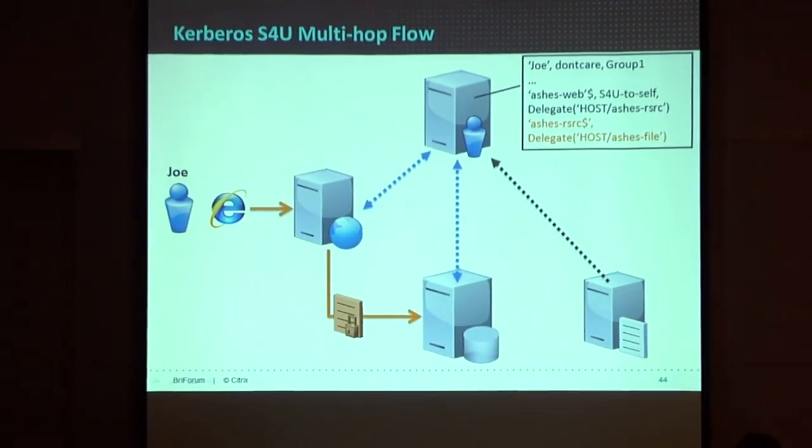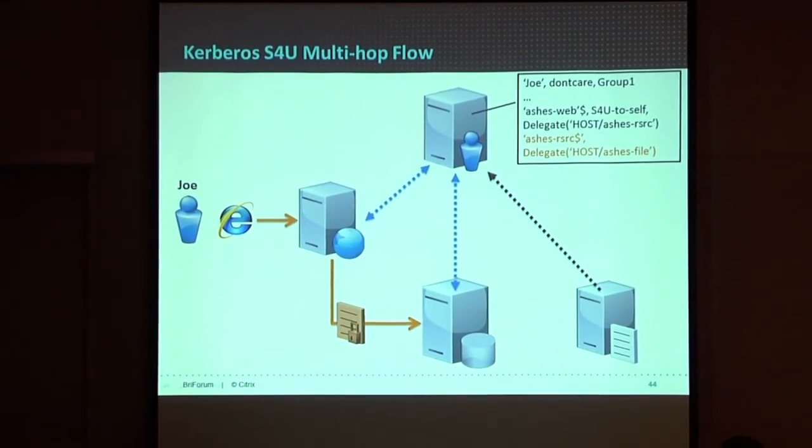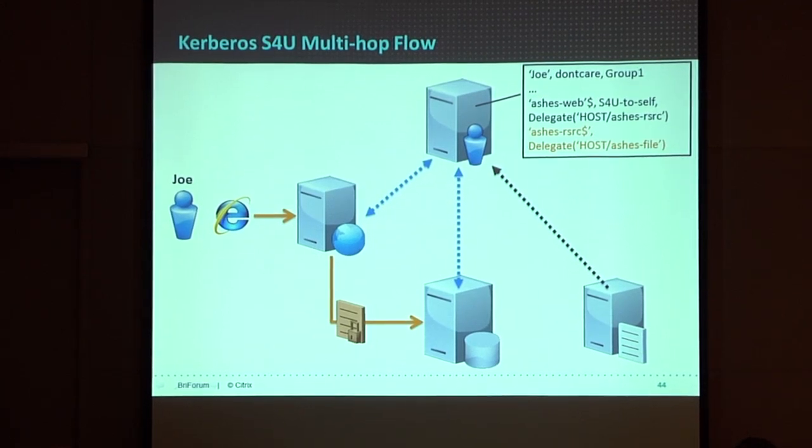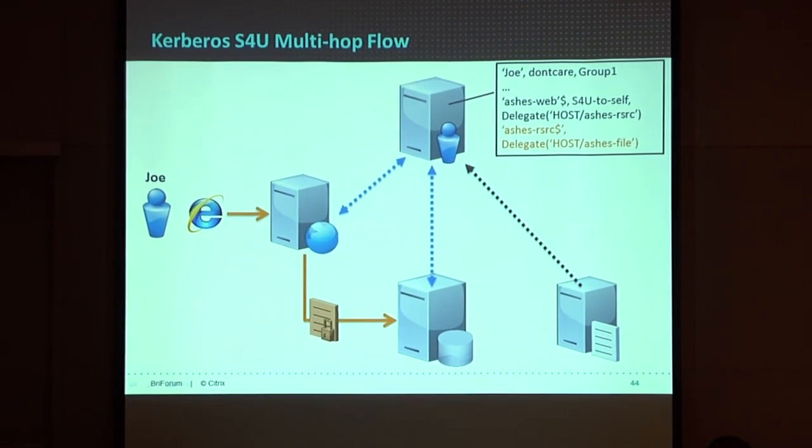And you can do multiple hops with this. The model is basically another way of saying, if you have another server, you can make that middle server trusted to continue doing delegation to other things behind it. This actually turns out to be quite useful in scenarios like using SharePoint or XenApp, where it's got more things behind it that you need to authenticate to, whether it's a database or something. And the model is very similar.